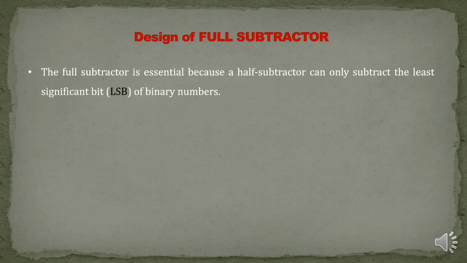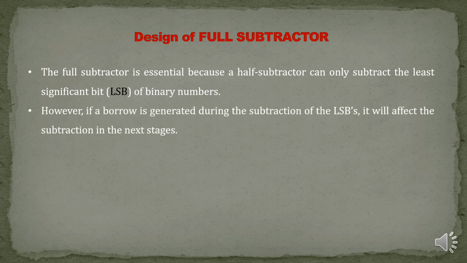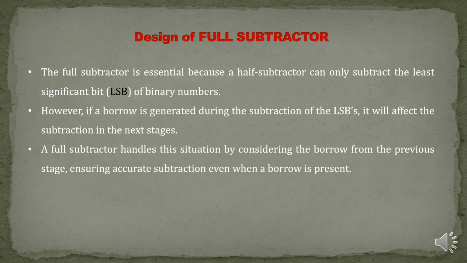Design of full subtractor. The full subtractor is essential because a half subtractor can only subtract the least significant bit, LSB, of binary numbers. However, if a borrow is generated during the subtraction of the LSBs, it will affect the subtraction in the next stages. A full subtractor handles this situation by considering the borrow from the previous stage, ensuring accurate subtraction even when